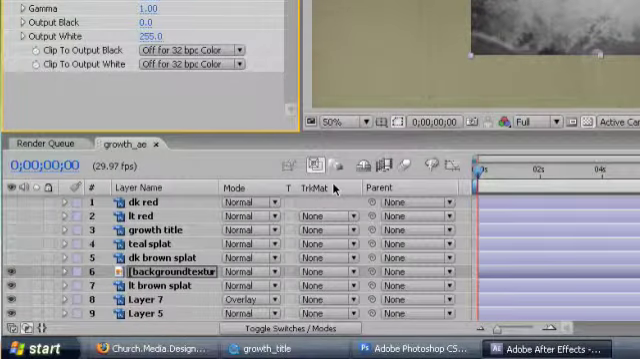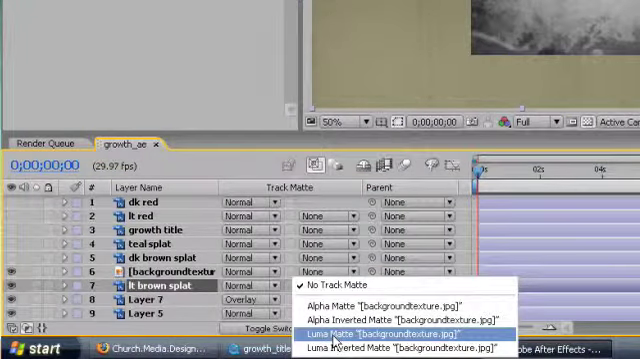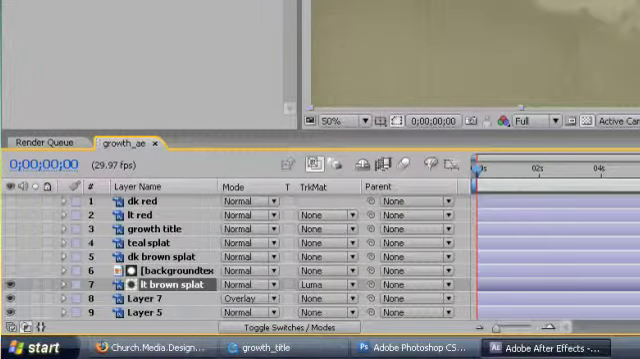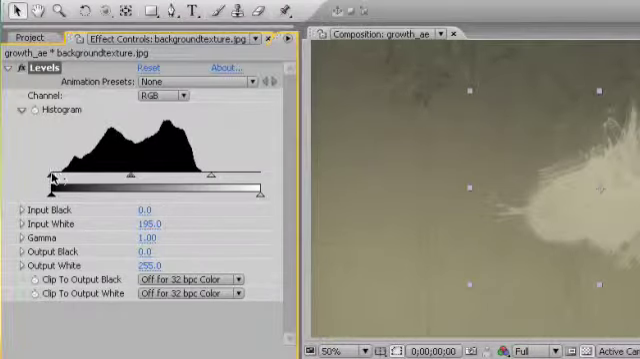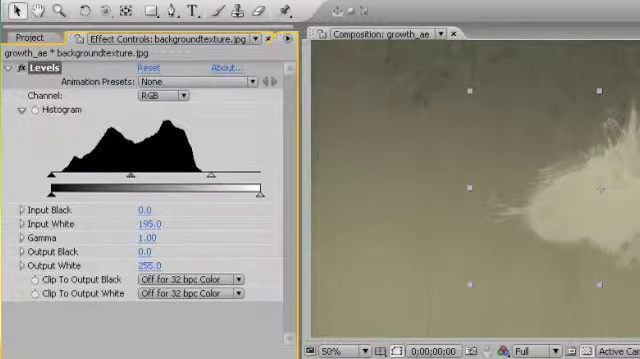So we're going to set the track matte of our light brown splat to Luma Matte Background Texture JPEG. You can see it gets rid of the background JPEG, and if we click on that and mess around with our levels, you can see that it's messing with the transparency. If we take our black level here and grow that down, you can see how it's starting to grow out. So we're going to set our first keyframe by clicking on the histogram here,